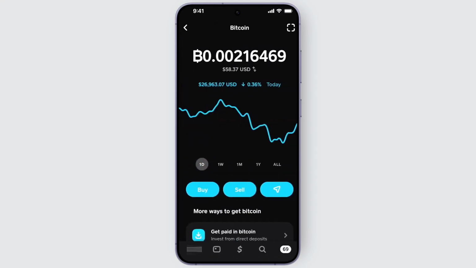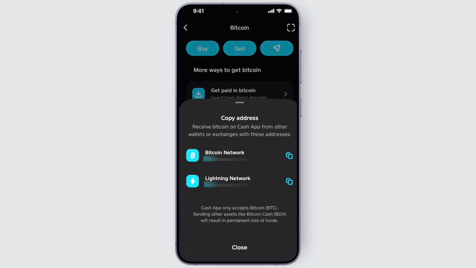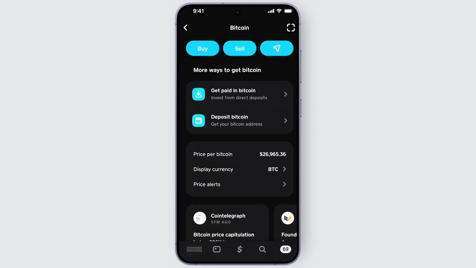Start on the Cash App home screen, tap on Bitcoin. Each Bitcoin wallet has a unique address. To start, scroll down and tap on Deposit Bitcoin and copy the address of your desired wallet. Next, go back and tap the send arrow on the right